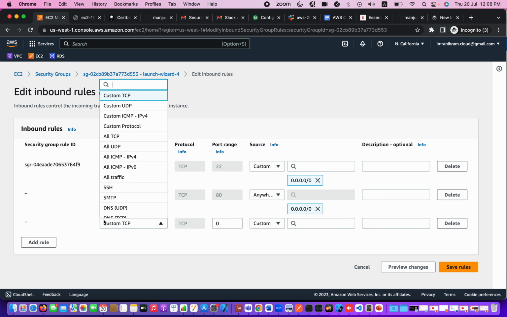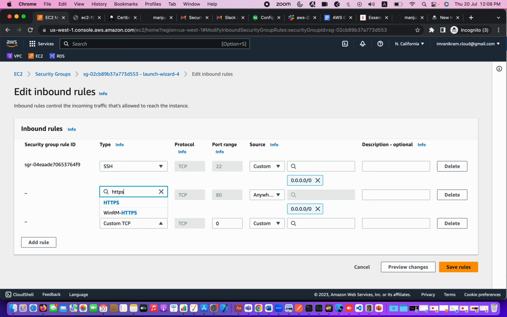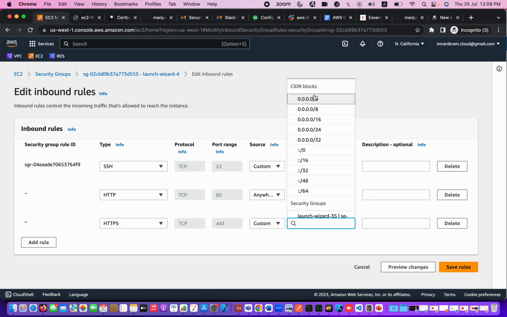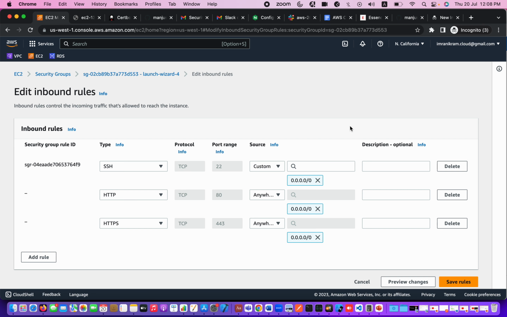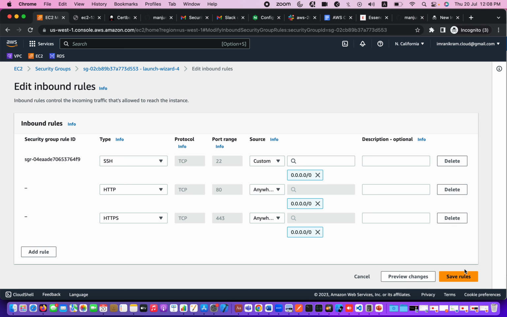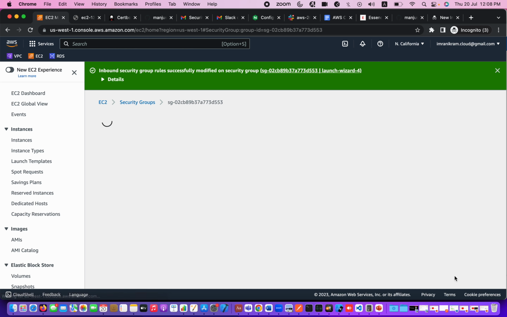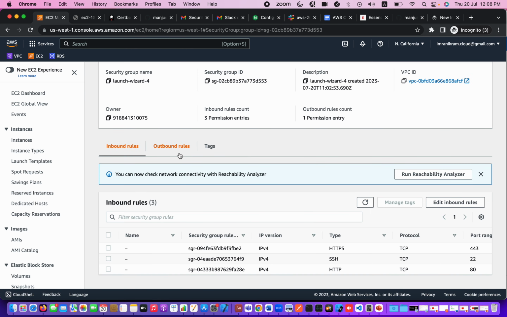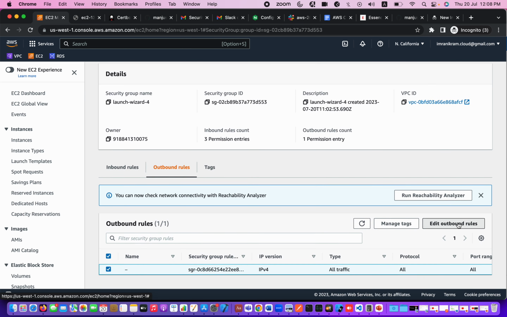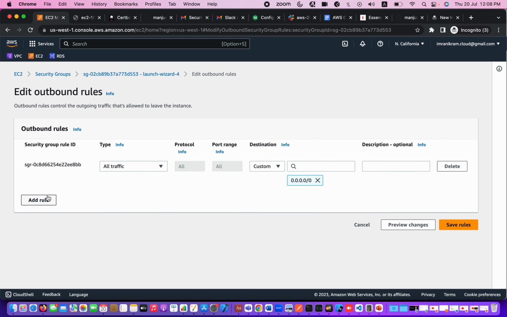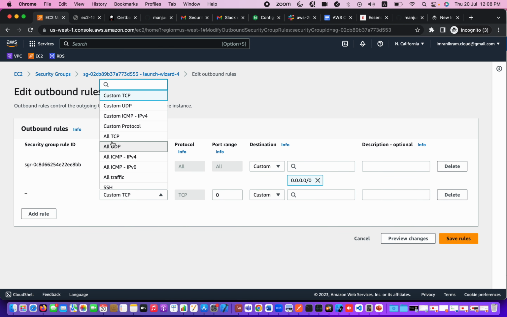Then we are allowing HTTPS. Okay, this is also internet 0.0.0.0/0, it means globally anybody can access this route. So then we are going to outbound rules. Then we are clicking on edit. Anyway, all traffic is there, no need to do this, but I'm just showing you how to do it in outbound